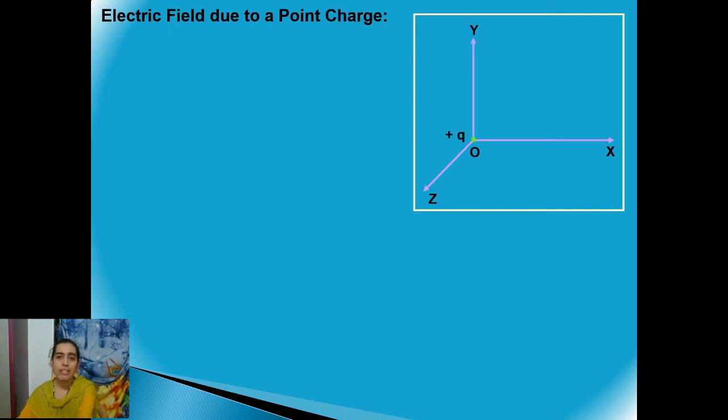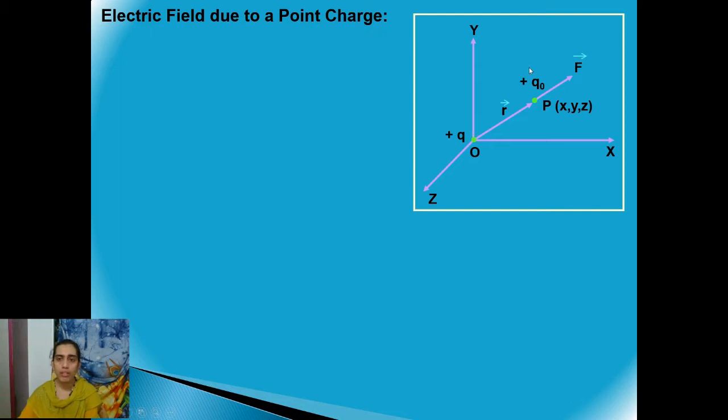I'll consider a point charge placed at the origin. Now at point P, which has coordinates x, y, z, I have placed a unit positive test charge Q naught. Since it has come under the influence of this electric field, this unit positive charge will experience an electrical force which will be away from the source charge, because